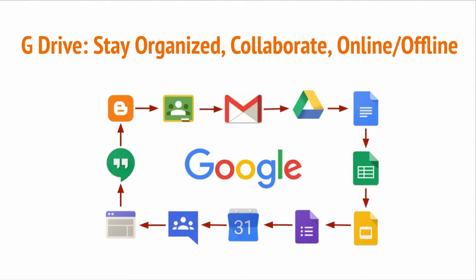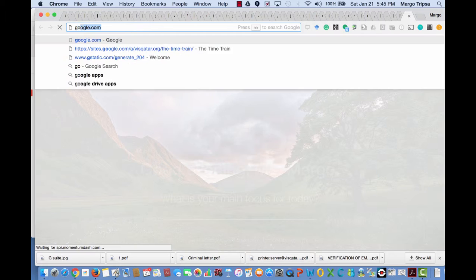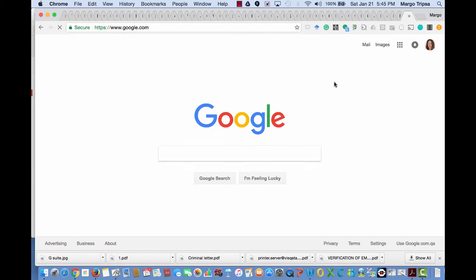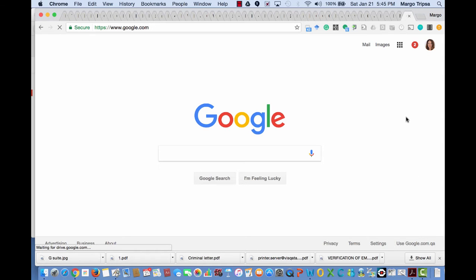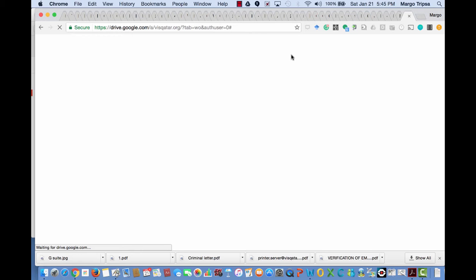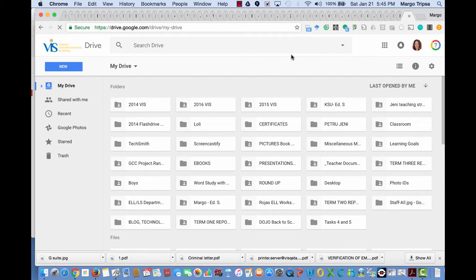You can access all of your files in your Drive anywhere and on any device once you log on into your account. To access your Google Drive, you can just go to Google and then access the Google menu, and then you click on the icon that says Drive, and this will take you to your Drive. And this content is actually what's stored online in the cloud. If you have synced your cloud account to your MacBook, then you will have the same content in both places